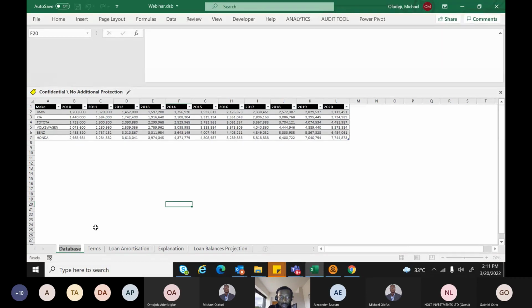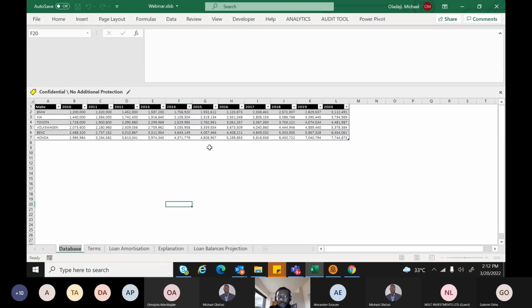So I can just get into the topic. The topic is automating loan amortization. It's a very simplistic topic, but again, given the way the economy is going, in every world, credit is the major driver of any economy. So today you could see that we have thousands of companies lending money. So it means that in these lending companies, they will definitely need to look at the schedules of their loan. So those loans need to be amortized on a monthly basis or a quarterly basis, depending on the